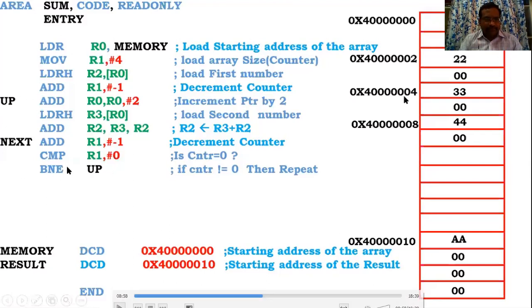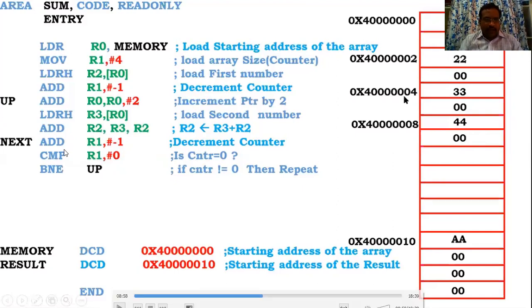Again, it will come to here. Again, increment the pointer. Now the pointer comes to this 8th point, 0044. Now you are adding. That means R2 consists of the previous value. So 1 1 2 2 3 3 plus 3 3 6 6 6 6 you have 6 6. Again you are adding with this 4 4. So if you are adding with 4 4, you will get AA. So the result is AA. AA will come to R2.